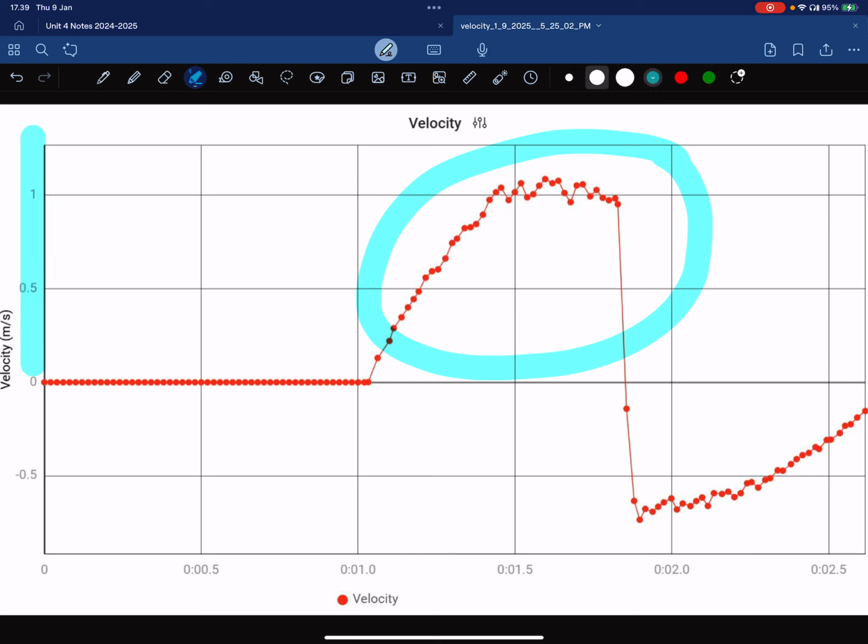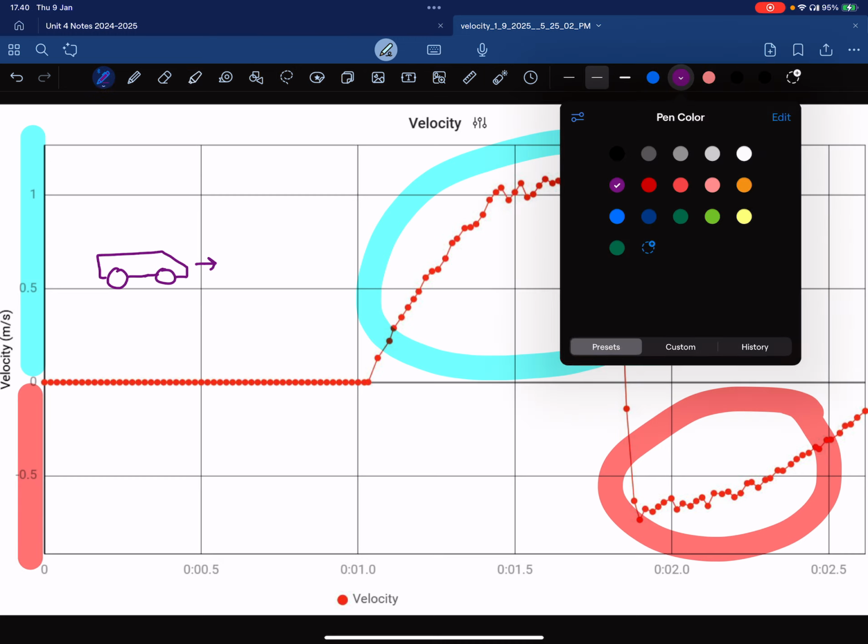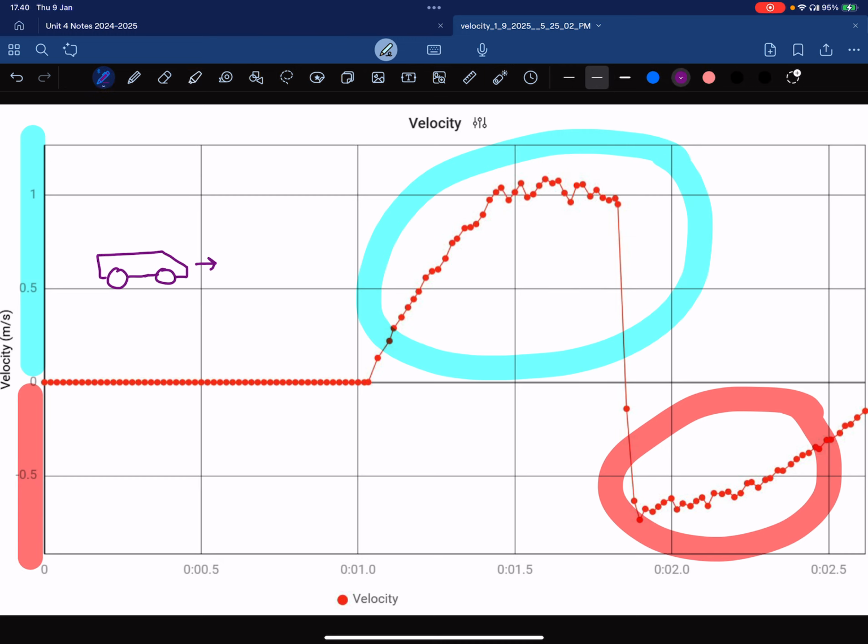So that means your little G-force car was moving forward, right? All of this down below, that is negative velocity. And that means that your little G-force car